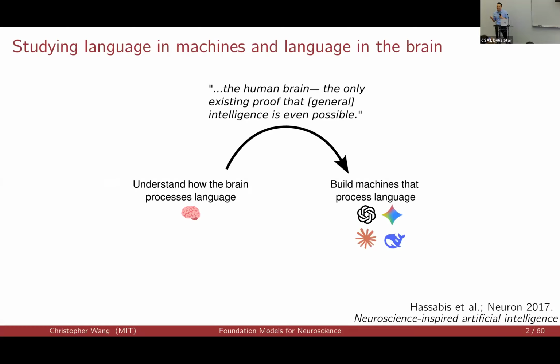But 10 years later, there's been a reversal. We have machines that can handle language just fine. Yet, we still lack an account of the principles underlying human language processing. What I'm here to argue today is that this is a good thing, because all the techniques and methods that were successful in modern natural language processing, modern deep learning, can now be turned and applied to neuroscience as tools and lessons.